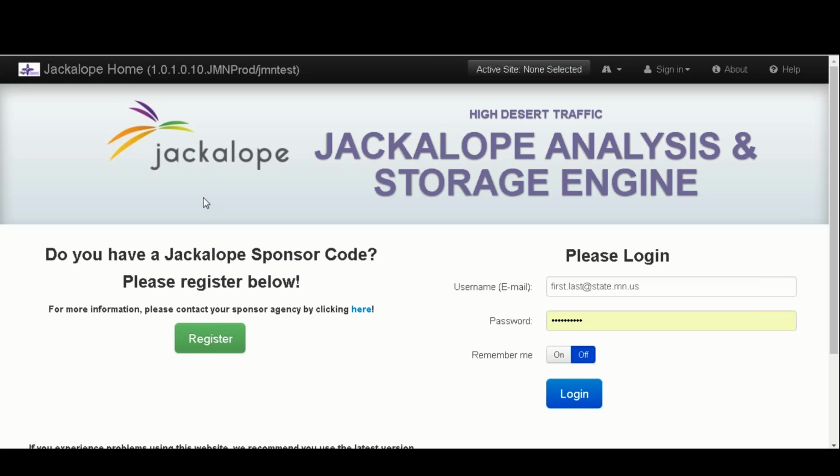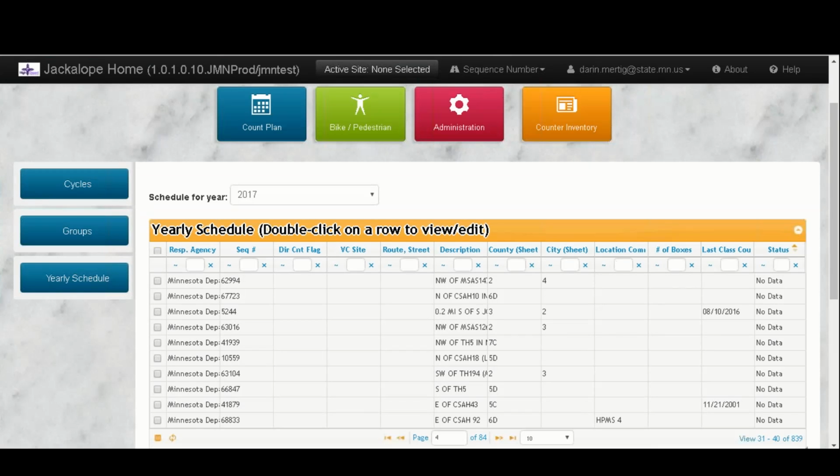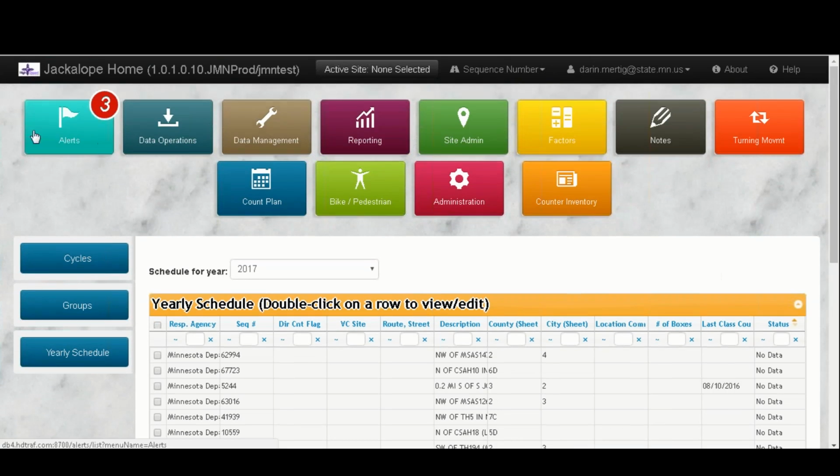This is the Jackalope login screen. Once you've registered and been granted an account, you will log into this screen. Once you log in, you're going to come to the main page and see various tools and buttons to create